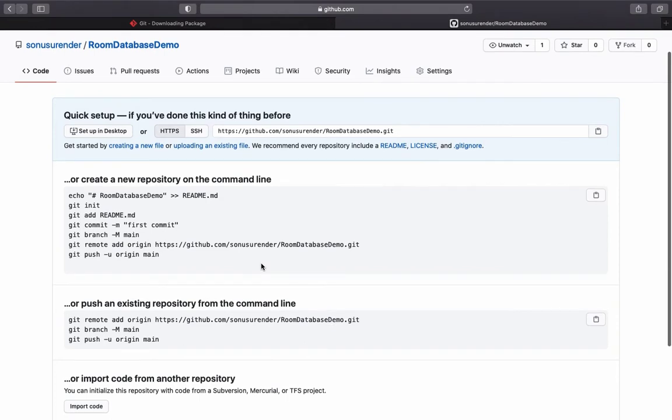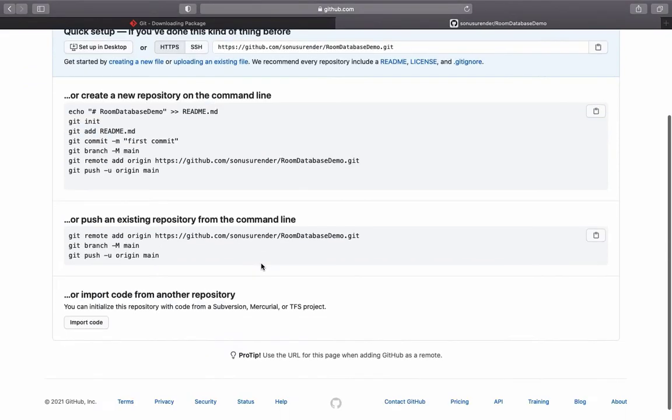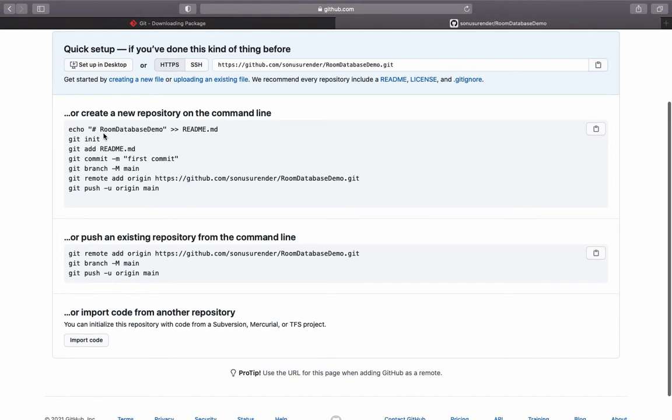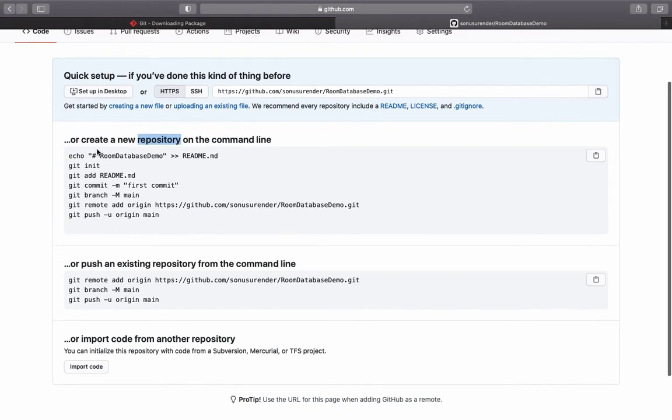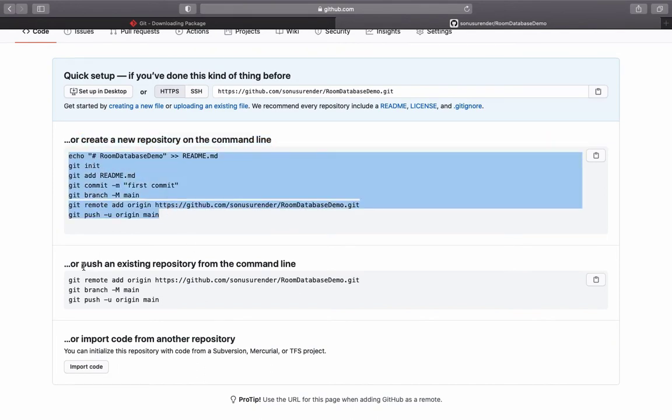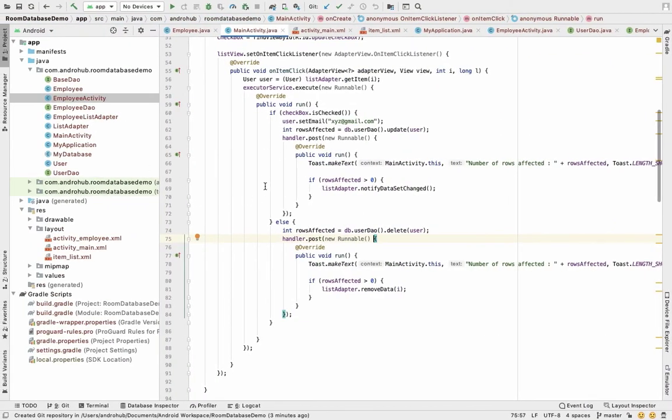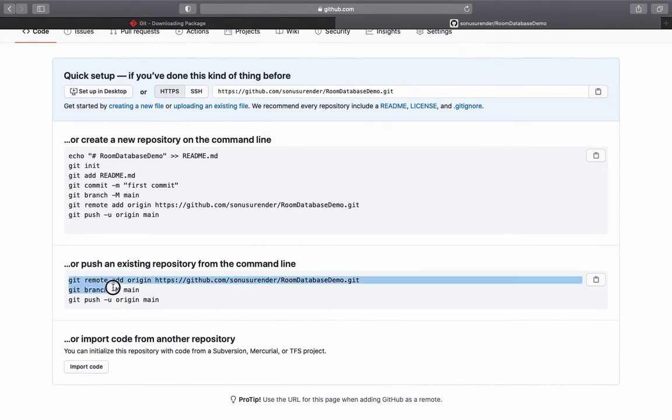Okay, now after creating the repository, it will ask you to perform some tasks. Here you can create a new repository on the command line, or push an existing repository from the command line. So let's suppose you already have a repository on your system and you have to push it to GitHub. Since I already have the repository here, I am going to use the second option, so just copy this command,